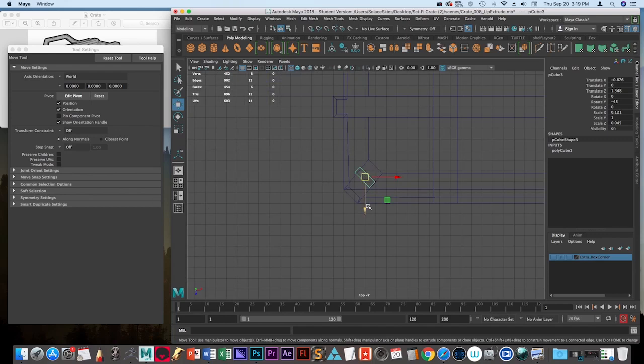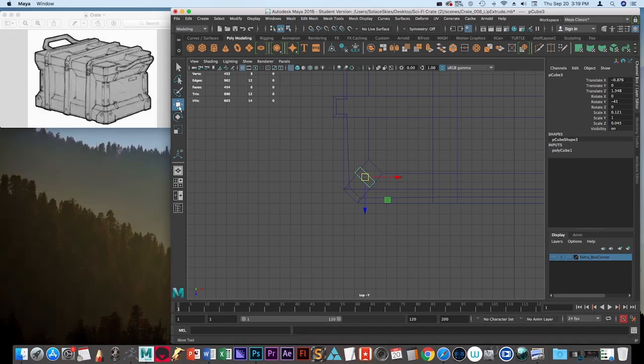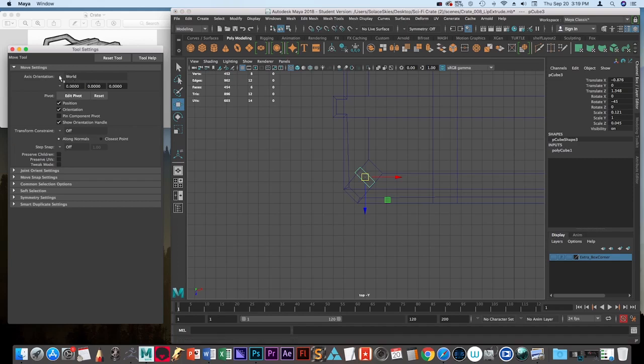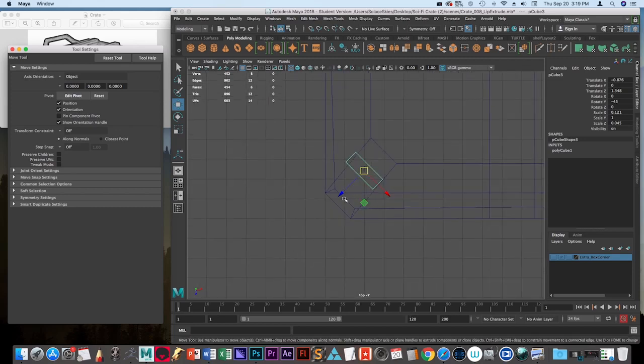I don't want to keep jumping between my Z and my X handle. So what I'm going to do is go up here to Axis Orientation, and I can access that by double-clicking on my Move tool. And I'm going to go from World to Object, and look, see how the handles jump and change? That's because the object, when it was created, had its own object orientation. And all we're doing is telling the move tool to move by that object's orientation instead of the world as a whole. So now I can just push this backward,